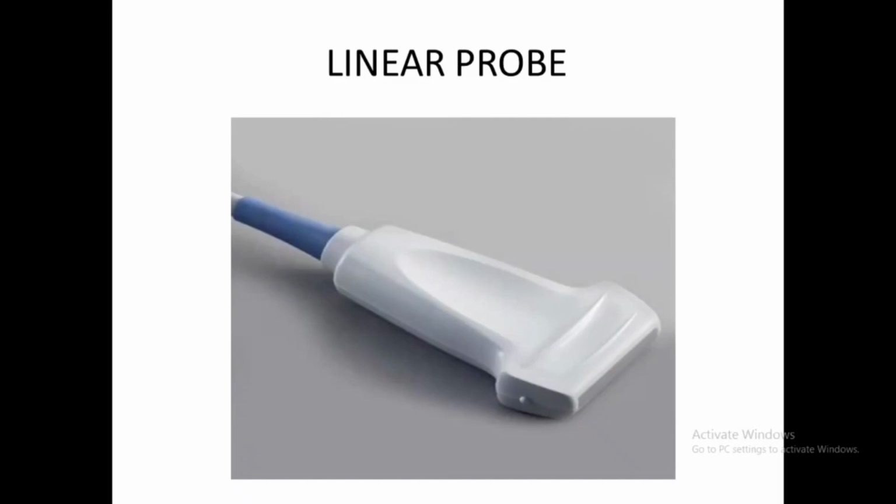Vascular studies are very important, and you can view vascular analysis. And people think, what is there to do in vascular analysis? What is the usage of a linear probe? There is an interesting fact about linear probes. Generally people think that we can do only vascular analysis, that we can see only the veins and arteries in the linear probe. No, that's not true. We can see the abdomen also in the linear probe. We can do the GI analysis also in the linear probe.